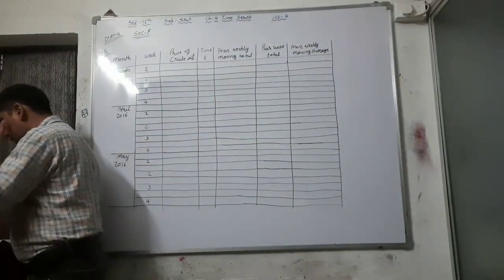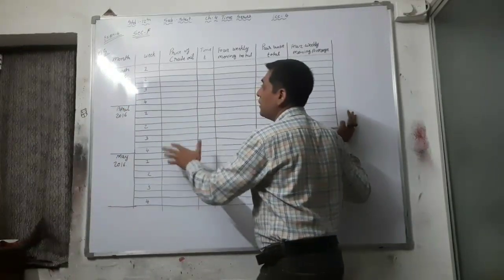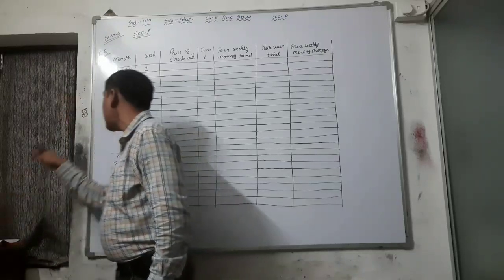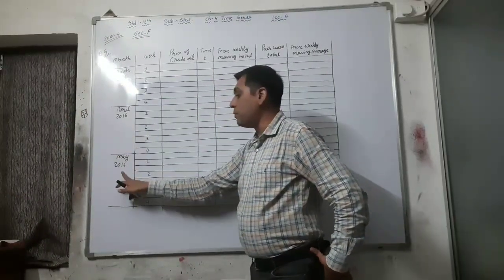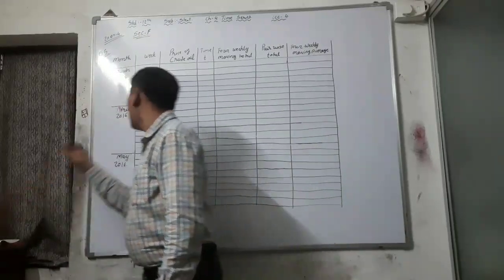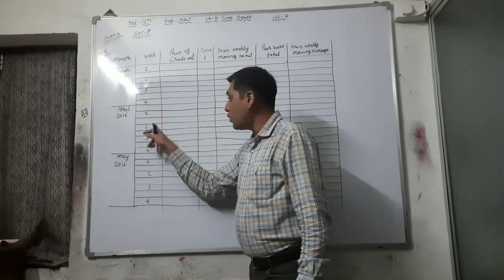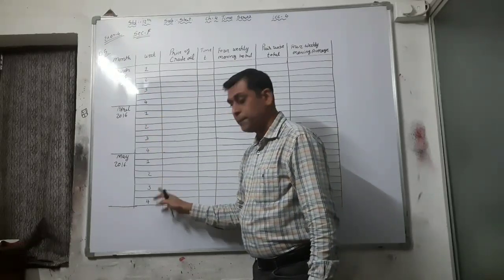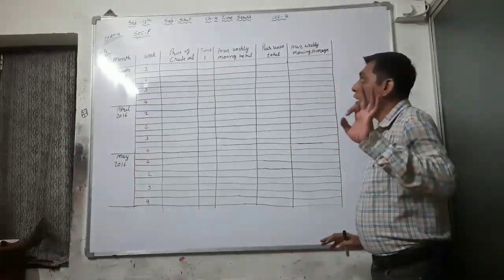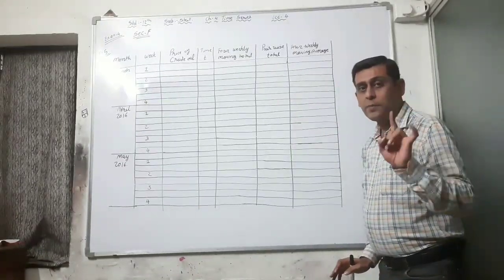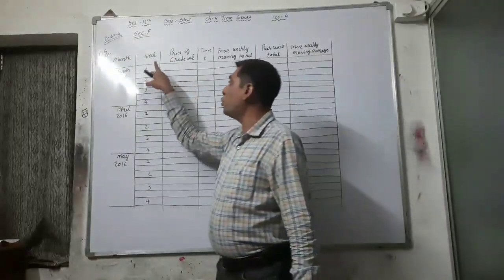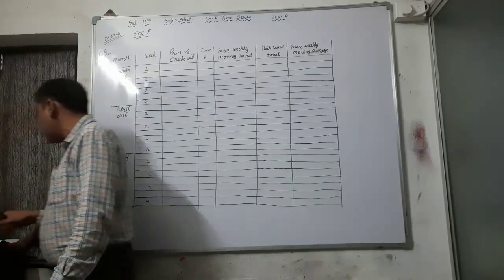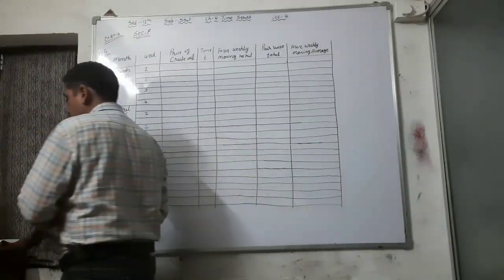Okay, so first of all, write down, prepare a table like this. First of all, the months are given: March 16, April 16 and May 16. Then weeks are given: 1, 2, 3, 4, 5, then 1, 2, 3, 4 weeks, then 4 weeks again. And here the 4 weekly moving average. That's why we are skipping one line between these two data. It is compulsory, right? Then the price of crude oil we have to write.